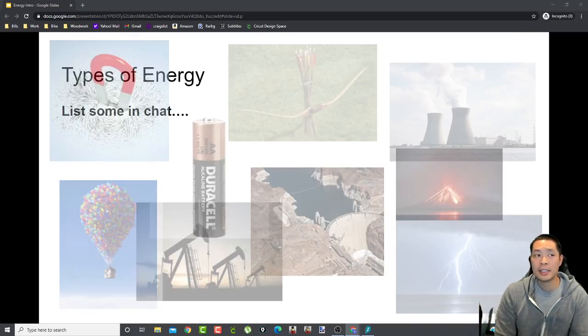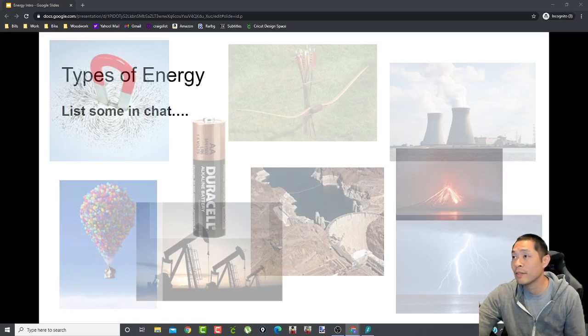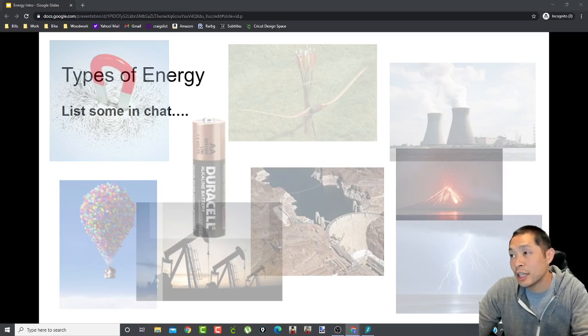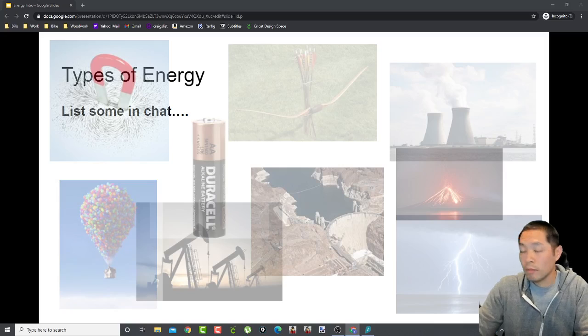On this slide, you can see that I have a picture of a bunch of different types of energy, but I'd like you to list in our chat what kinds of energies you could think of. It could be stuff that you learned in 8th grade. It could be other kinds of energies, but any kind of energy that you could think of. Okay, good. We have nuclear energy, solar energy, kinetic,